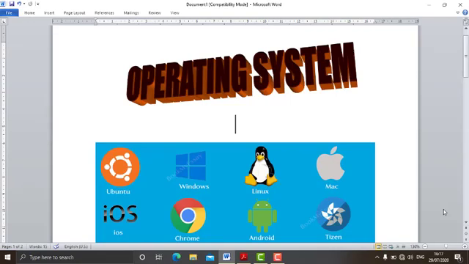The next is error detection. A number of times you must have seen that sometimes the computer shuts down inappropriately, meaning it does not shut down properly, and some error message comes up the next time we start. All these error messages and the correcting of these errors are done through some of the tools in the operating system. Basically it detects the error and some of the errors are automatically corrected, and some tools are also there through which we can correct the errors which come in our system.